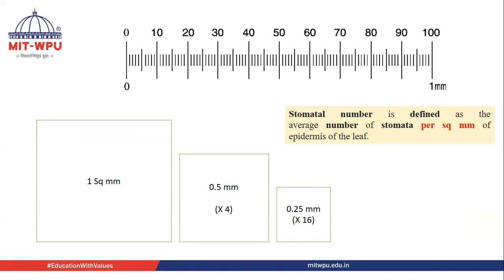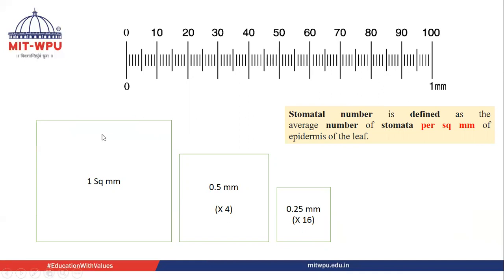Once it is done, on a paper with the help of a normal scale, I will measure the distance and accordingly I will draw it on the paper. Whatever the magnification we are seeing on the paper, it's a reflection. It is 1 square mm. So I will be drawing it like this.